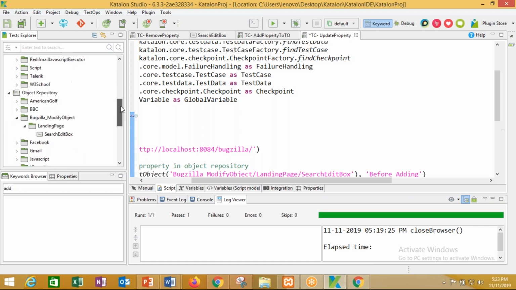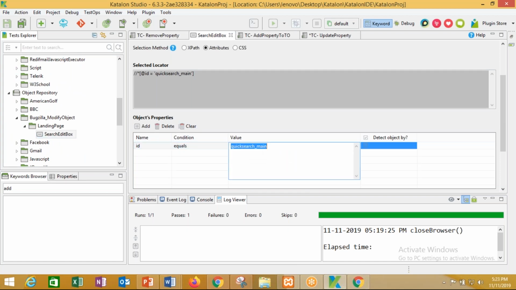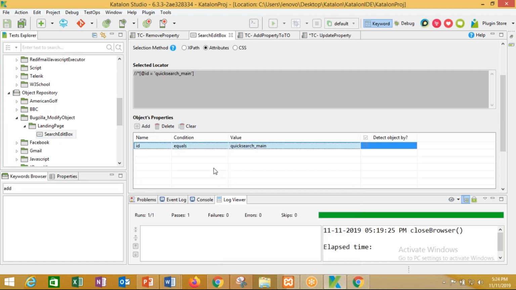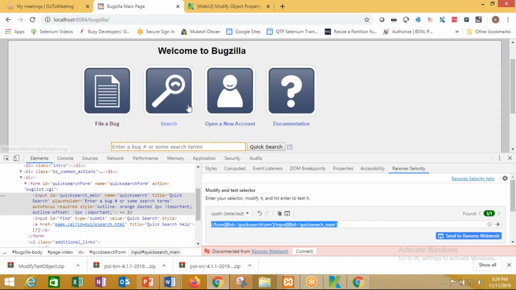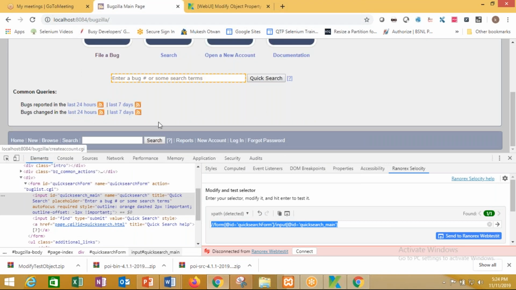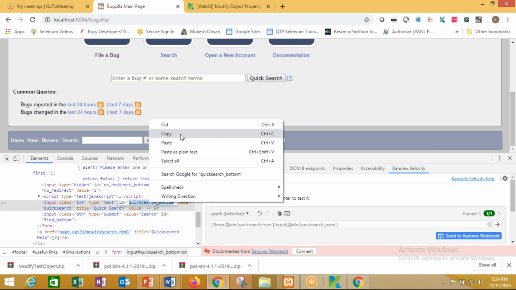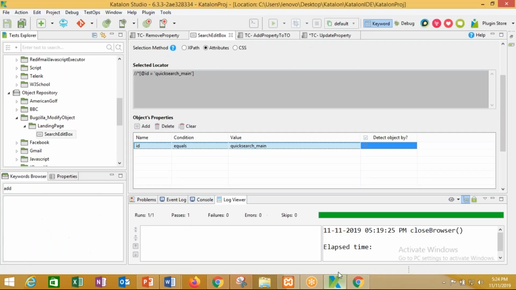This will not actually modify the value that is kept in the object repository. Value is this, right? I'll copy it. What I can do is change the value. There's a search box out here also, right? So inspect it, change the value to the quick search button. I can modify the value to this,